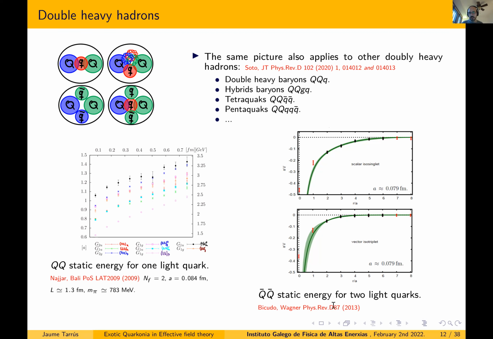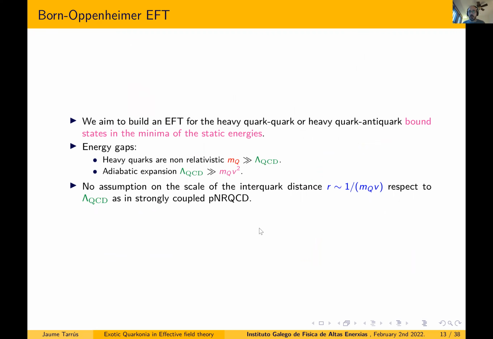This is from several papers. I'm showing you the ones from these people. This is also from 2013, and these are the static energies one finds for, well, quark anti-quark. Okay, so now I want to discuss a bit the work we have done in building an effective